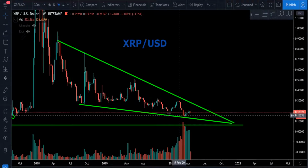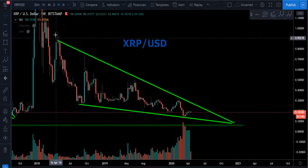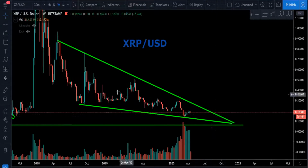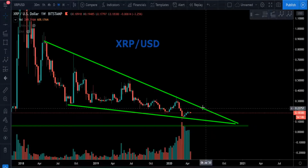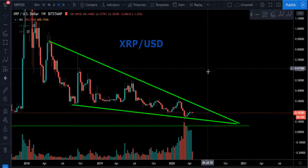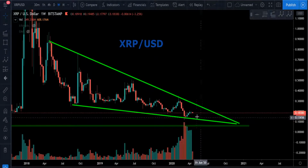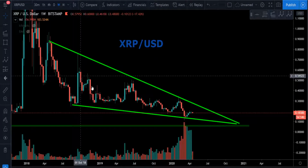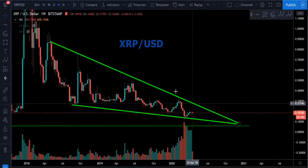Obviously, we're still trading in this long-term descending wedge. Since back in April 2018, we're inside this falling wedge. And we've talked about it: once we break above this descending resistance, this will be an indication of a shift in the long-term trend for XRP and a massive move up. Now, obviously, we need to watch out in case we break out and fake out back inside. But in the long run, this to me looks like it's going to lead to the next epic bull market